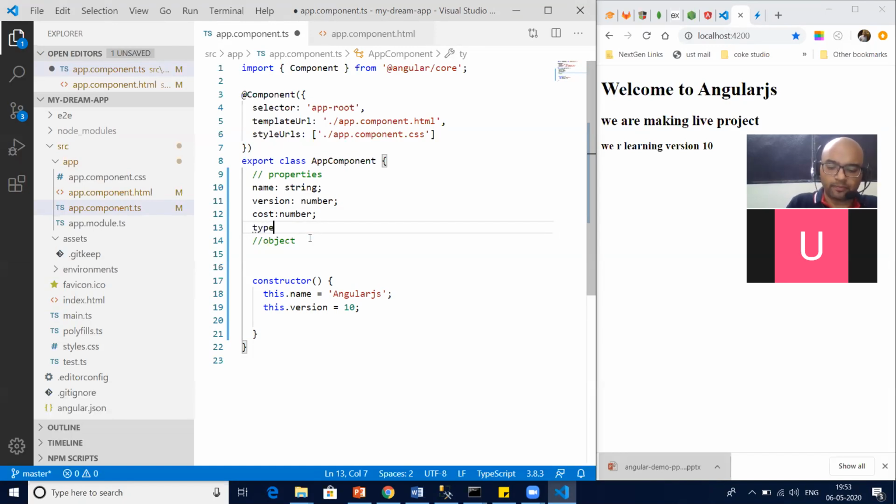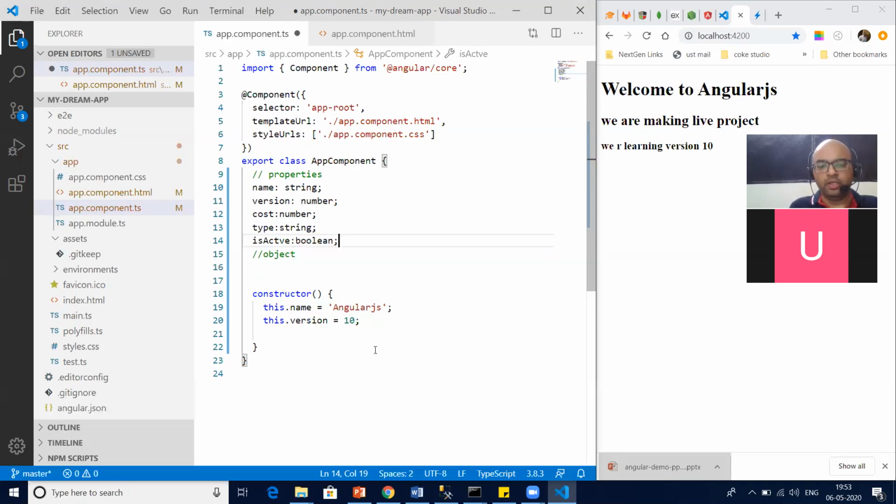Type, string, is active, boolean, meaning true and false. Okay.